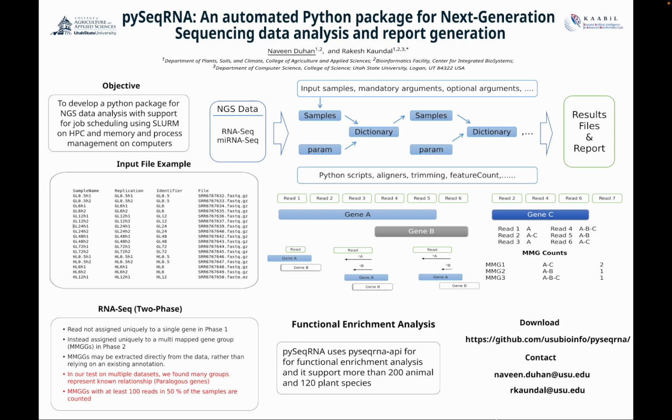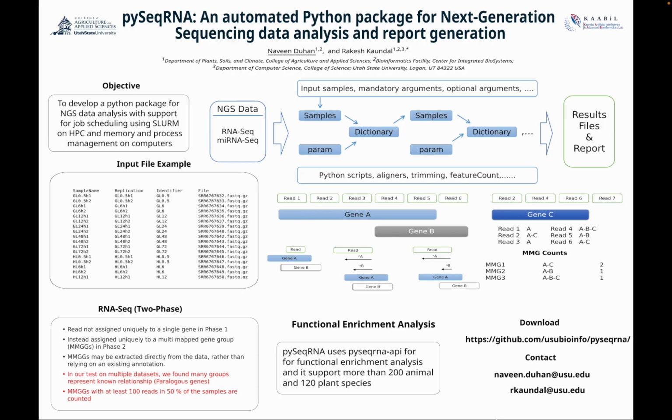MMG groups are the novel feature of this pipeline. For example, suppose we have 7 reads and 3 genes. In this figure, reads 1 to 5 mapped to gene A, reads 4 to 6 mapped to gene B, reads 2, 4, and 6 mapped to gene C, and read 7 is unmapped. So when we count them, read 1 is mapped only to A, that is a uniquely mapped read. Read 2 is mapped to A and C, that means it is a multi-map read. Similarly, read 3 is a uniquely mapped read, read 4 is multi-mapped, read 5 is multi-mapped, and read